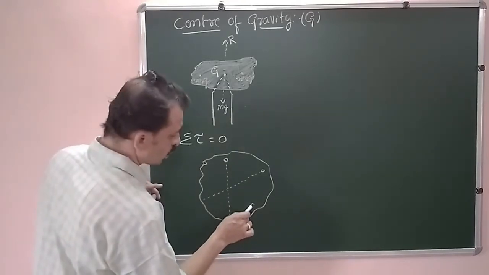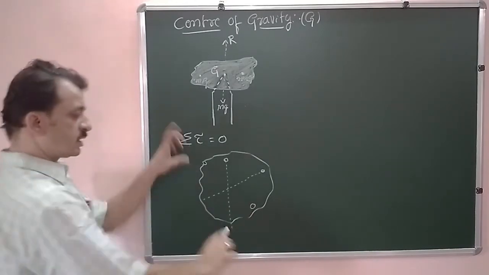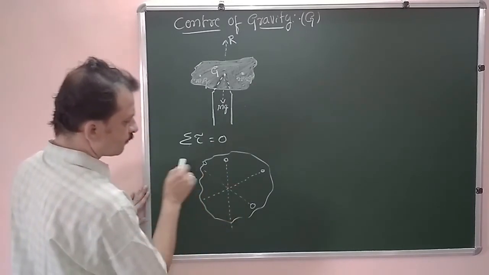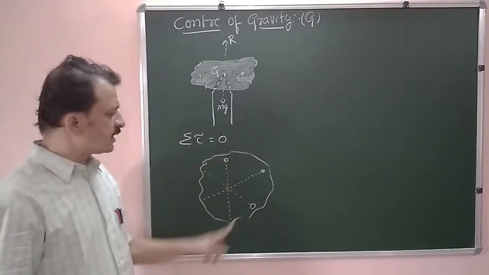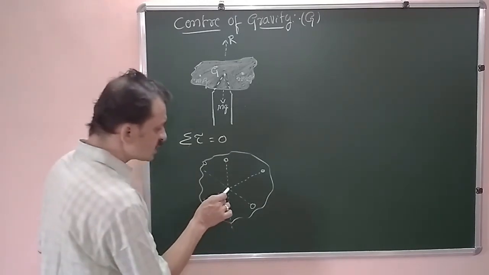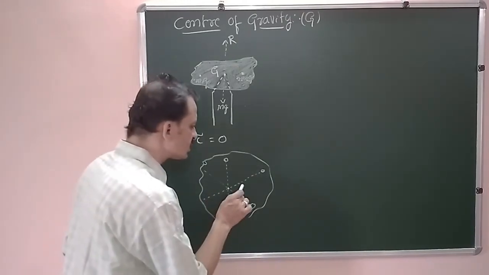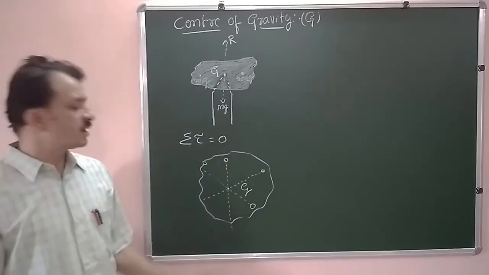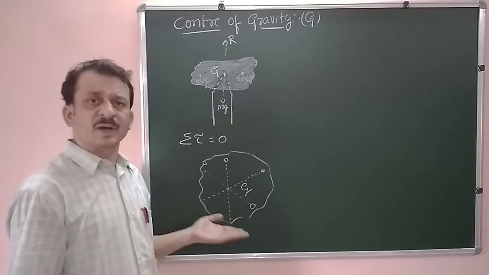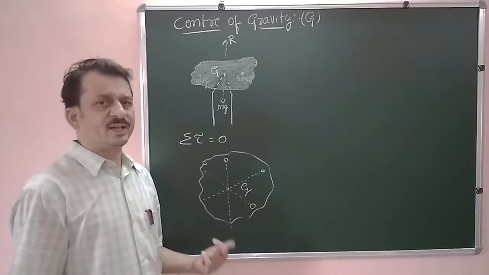Next take one more point here, and fix the object with respect to this point. Now draw the vertical line. These vertical lines represent the weight acting downwards. Now these lines are going to coincide at a particular point, and the point of intersection of all these straight lines corresponds to the center of gravity of the object. In this manner we can find the center of gravity of any object easily.